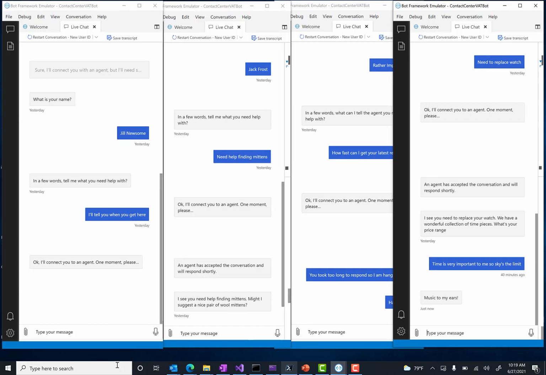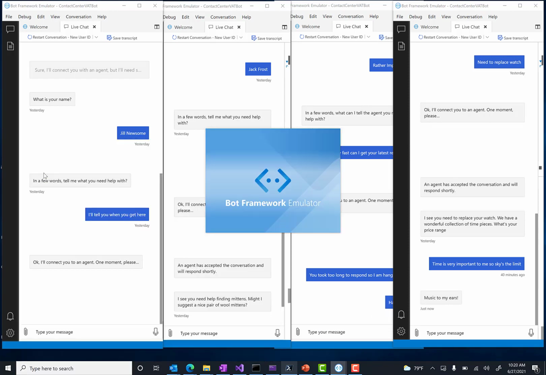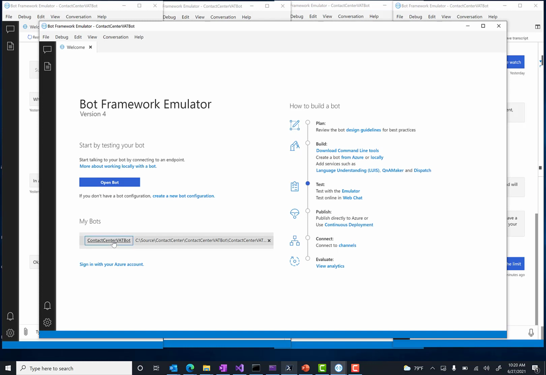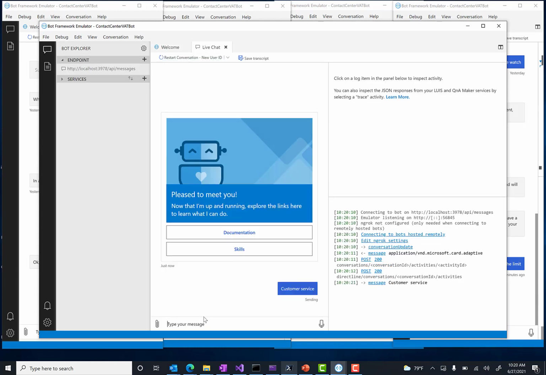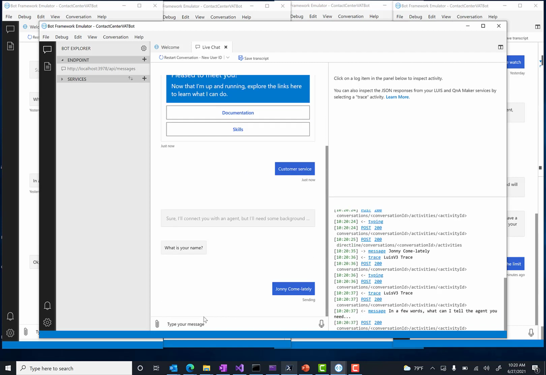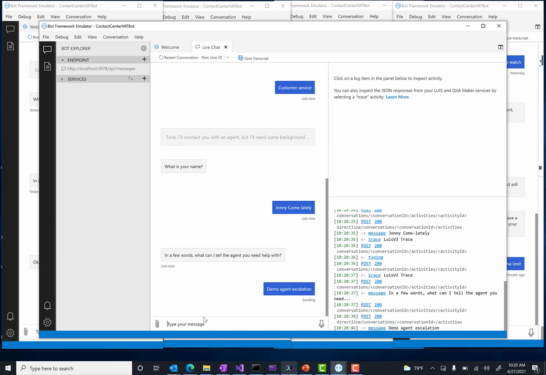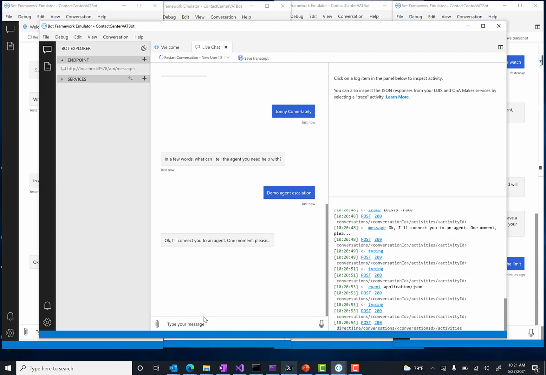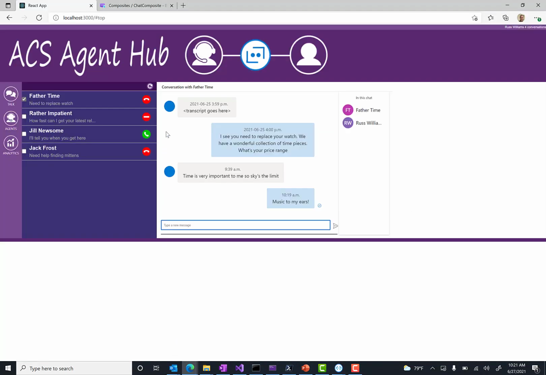Let me show you the rest of the conversation lifecycle. I'm going to launch a new emulator here so I can show you the escalation experience. I'll enter an escalation trigger phrase, type in a name, and finally, I'll provide an escalation reason. So if we switch back to the agent portal now, I can show the agent experience of taking ownership of